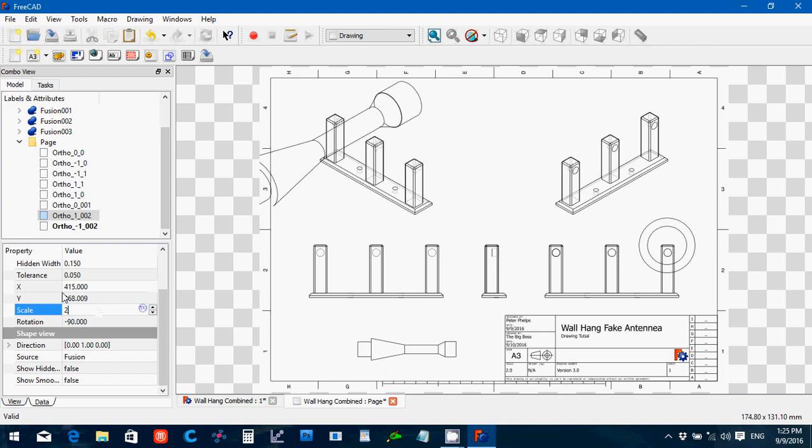Scale it to, oops, not, moving along. I want that one. Okay, and scale it to